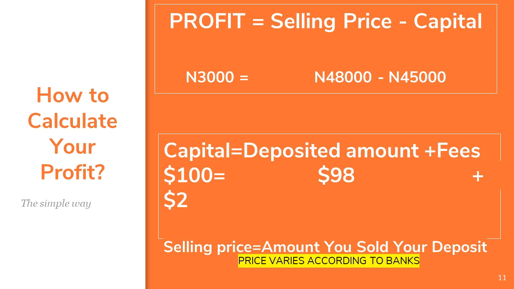But remember that we said Nigerian bank cards do not allow you to exceed $100. So if you want to make a payment, you will likely have to make $98, and then $2 will be for the website you're making use of. So $98 plus $2. You need to know the charge of each website. Some websites charge 2%, some charge 4%, some 5%. You need to know exactly what they are charging.